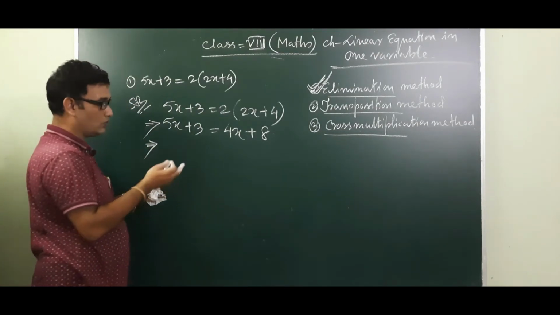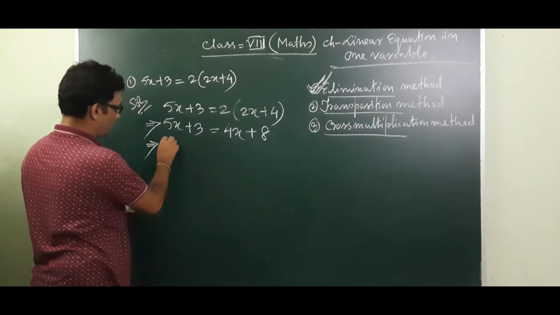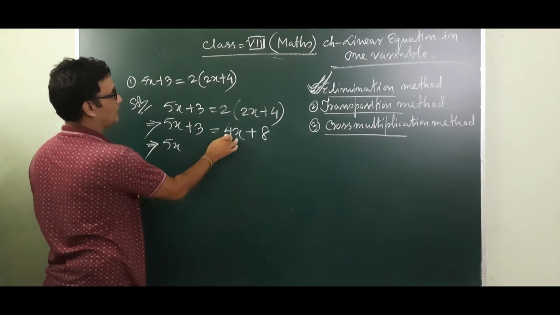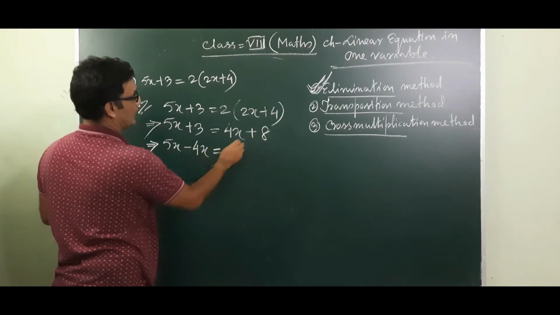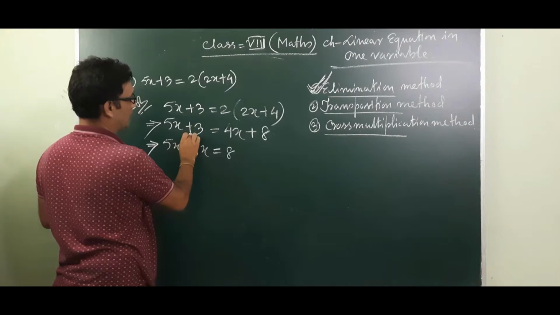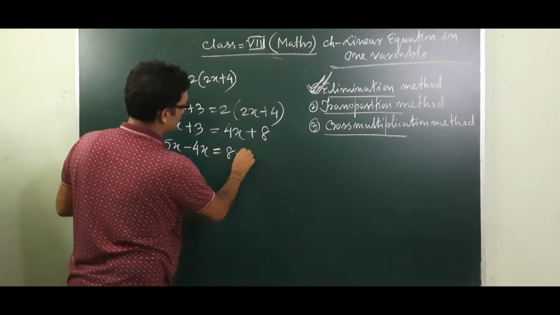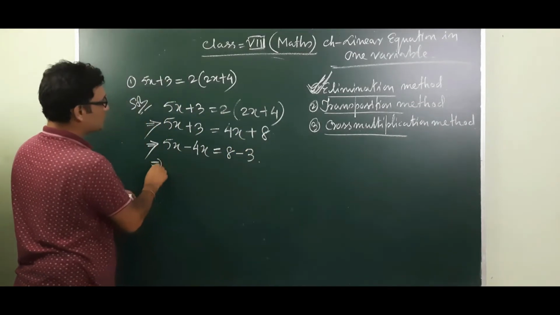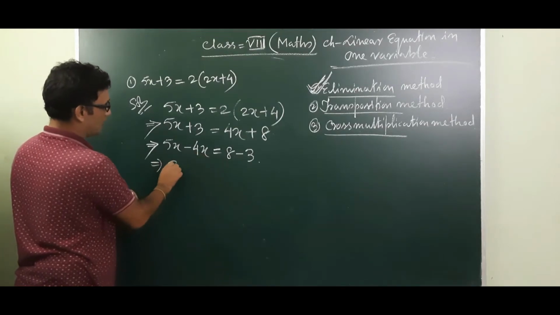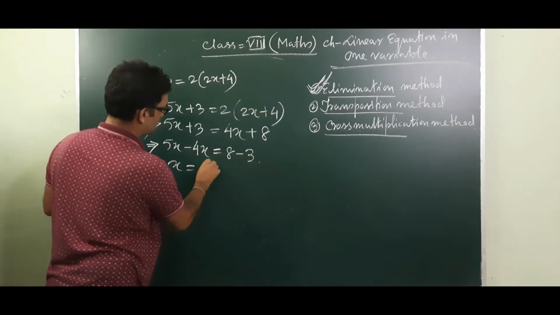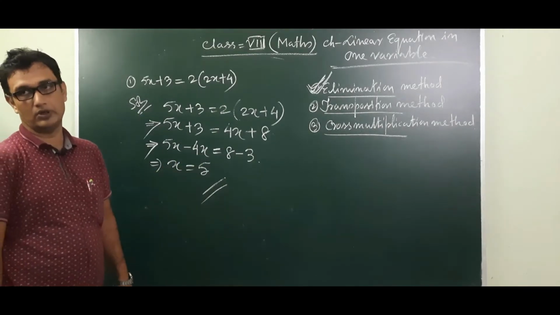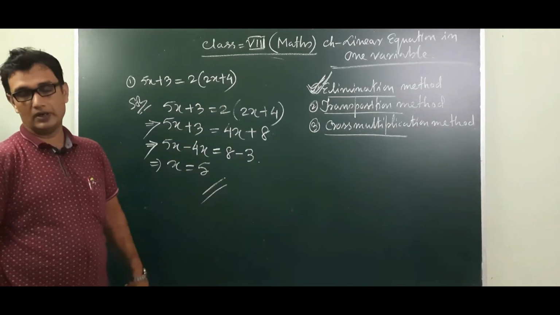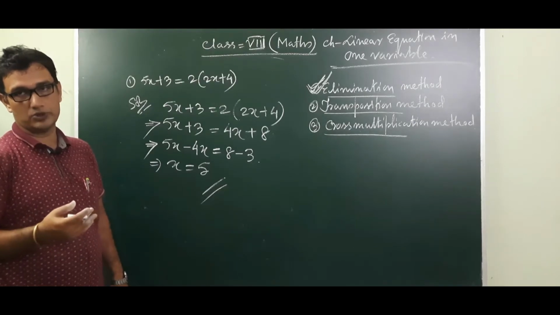So our aim, we are going to find out the value of x. So what we'll do? 5x from this side, we will bring the 4x this side, that means minus 4x. Then here 8, and this plus 3 will take from left side to right side, that means minus 3. That means 5x minus 4x means what? X, and 8 minus 3 means 5. So this method is called transposition method. You see the difference between elimination method and transposition method.